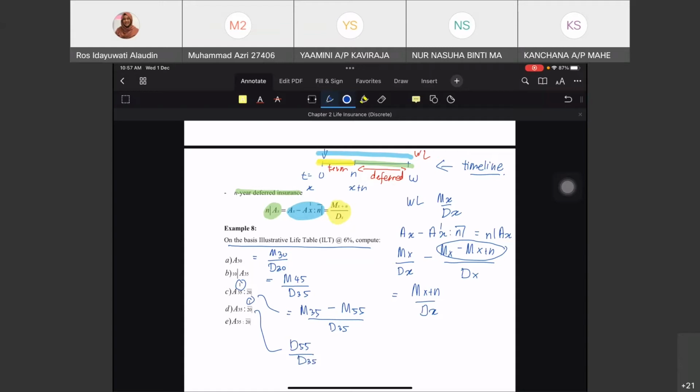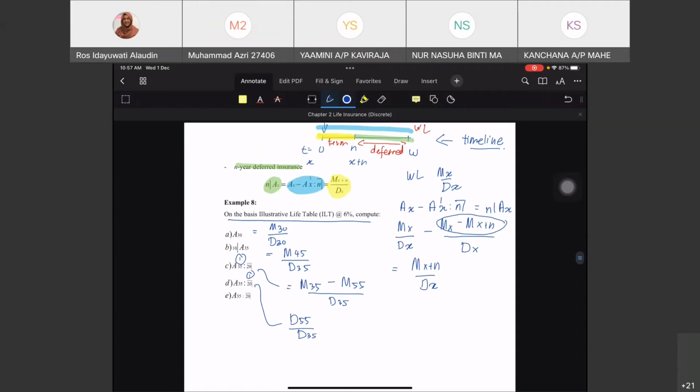What is D35? And the last one is endowment. So this is A35 for term plus A35 for pure endowment. So you can take the value from term plus the value from the pure endowment. Or if the H and the N are different from B, C and D, so you can find it is actually